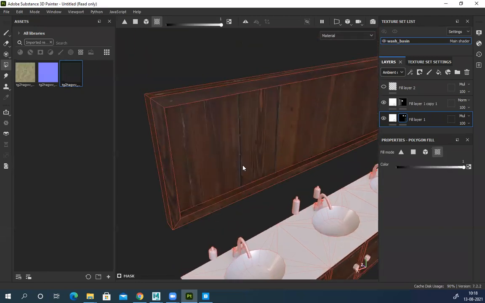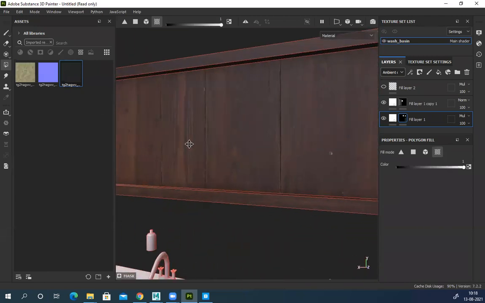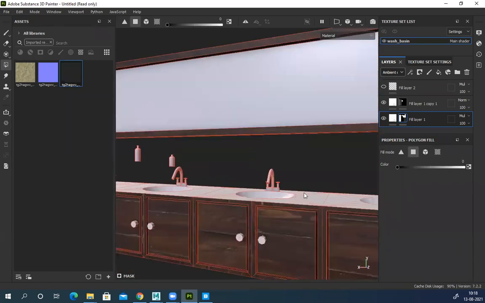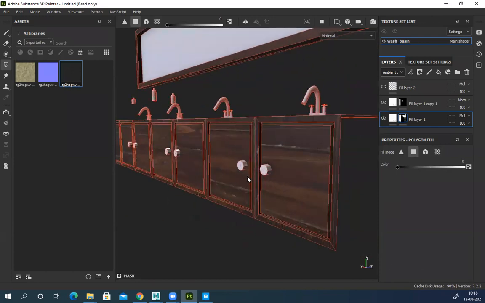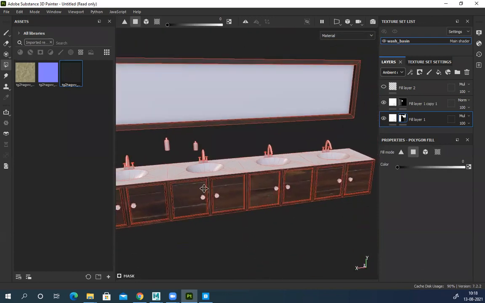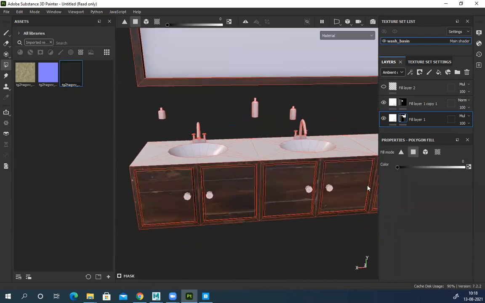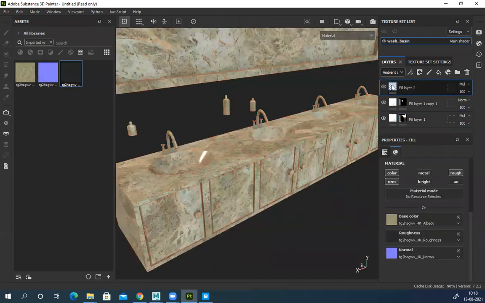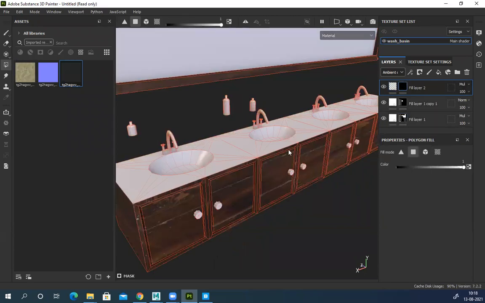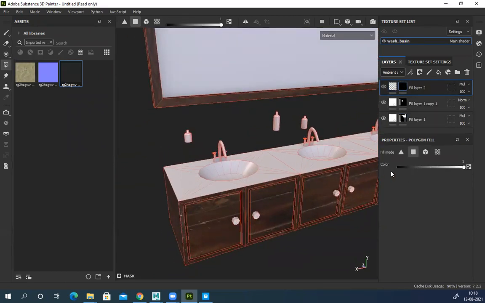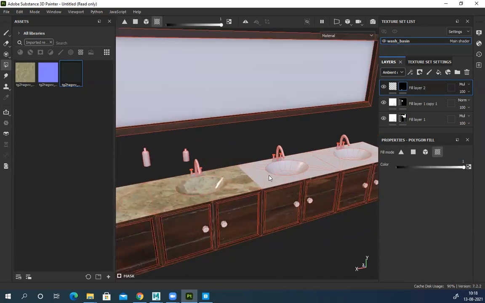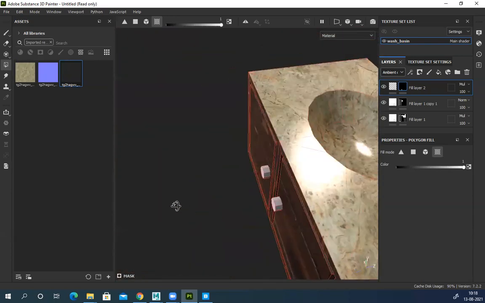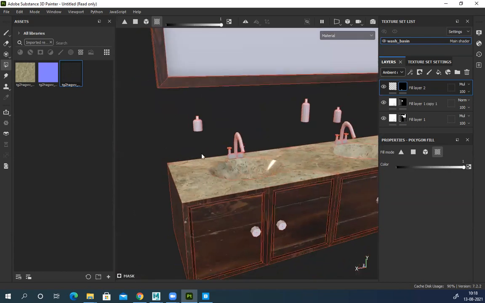Oh, the entire thing I don't want. So let's go to polygon wise and remove it from here. These knobs, I'll add something a little fancy, some design or something. Apply this black mask, UV. You need